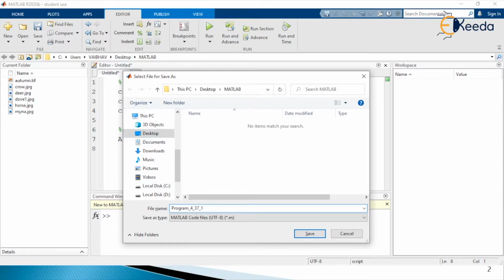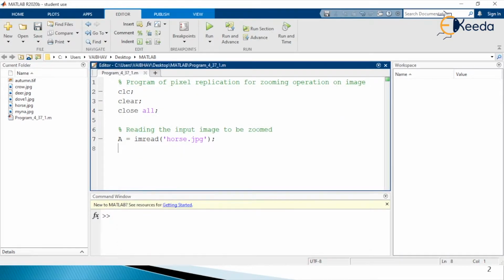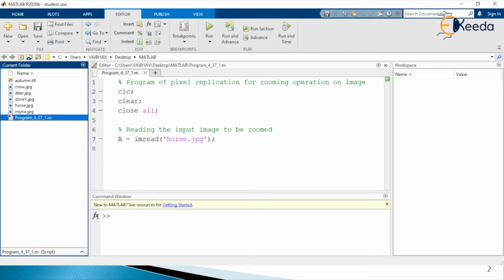And .m is the default file extension for the MATLAB script that we are going to develop. So here I save the script. Now you see at the editor window tab, the same name has been generated, and the same name file has been generated in the current folder here.